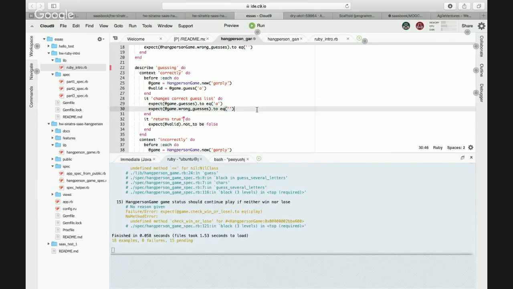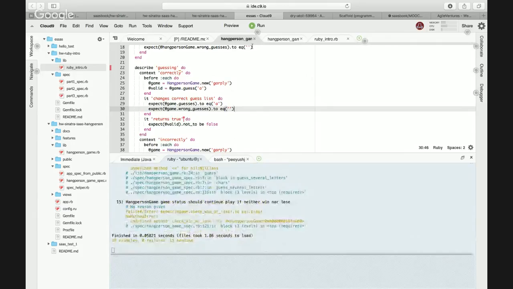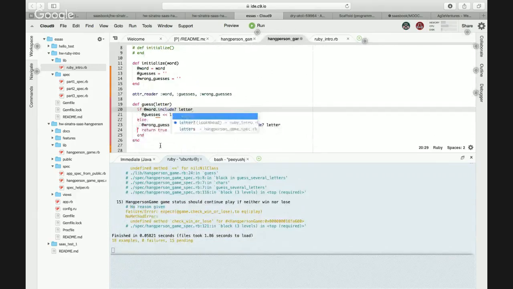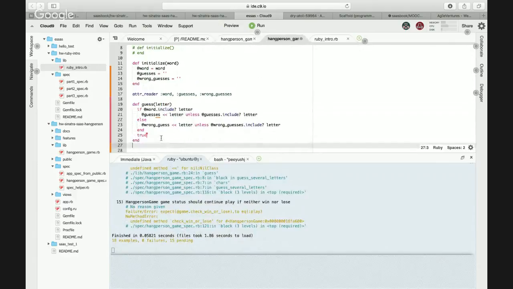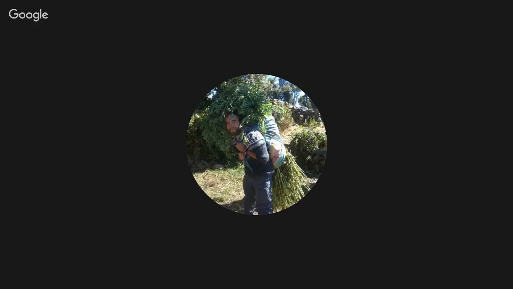Just wait a minute. But I think we can refactor the code to put true at the end, because we need to have it in both. Do we really have to write return true here? No, I took it out. I just refactored. I put true at the end. Let's see if it still passes all 3.